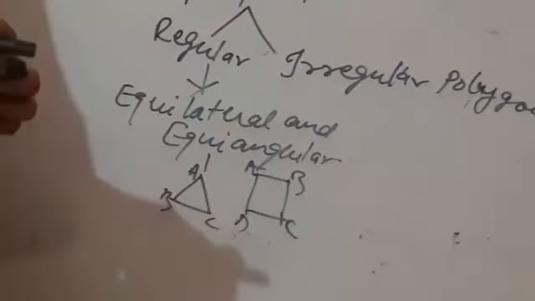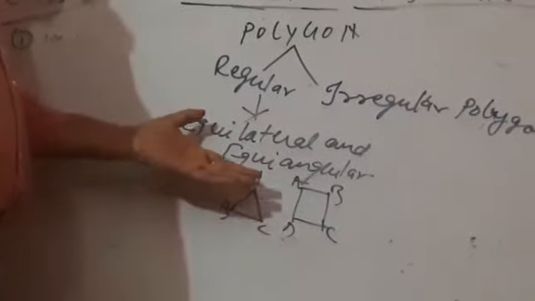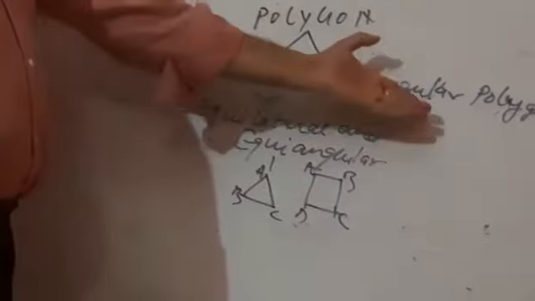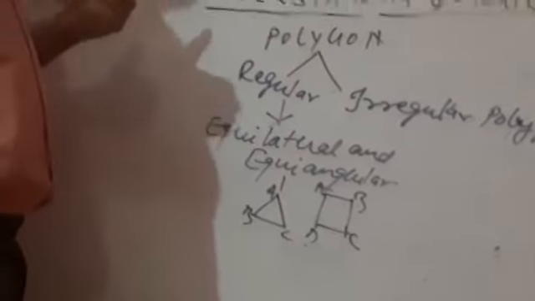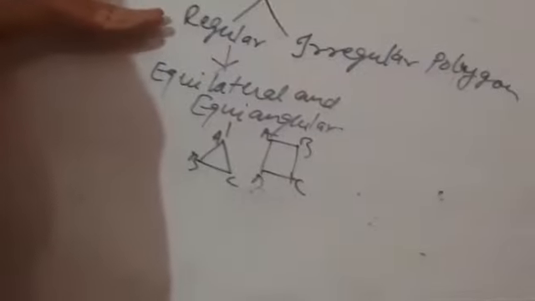And what about the irregular? Of course, a polygon which is not having equilateral and equiangular. So many more examples you would have for the irregular polygon also, like rectangle, like trapezium, like rhombus. Many more examples you would have for an irregular polygon. So I feel this is all about the first concepts about understanding quadrilaterals.